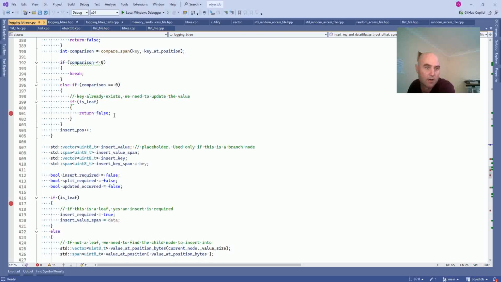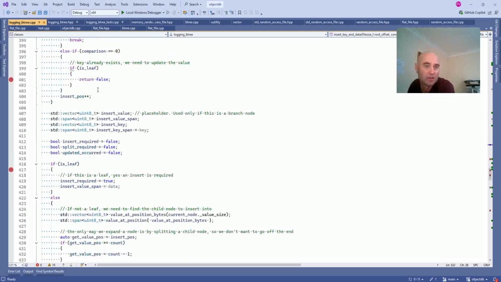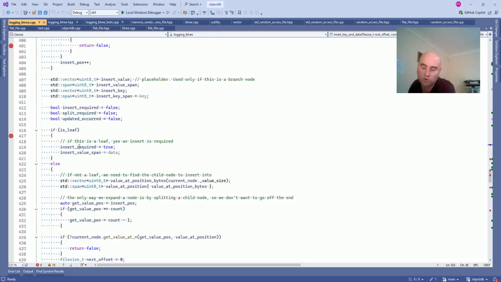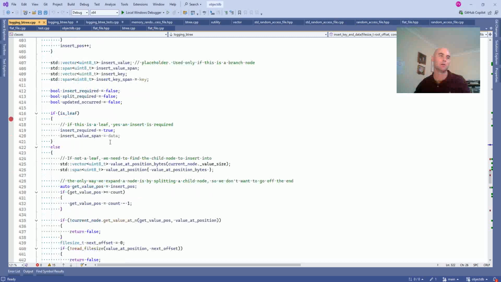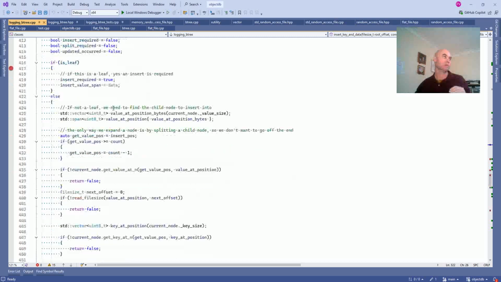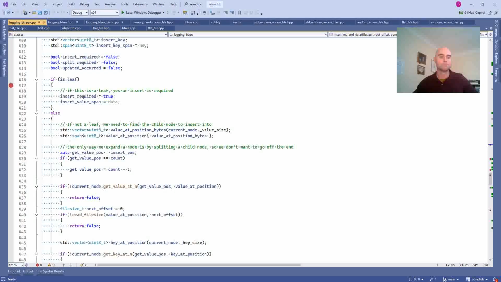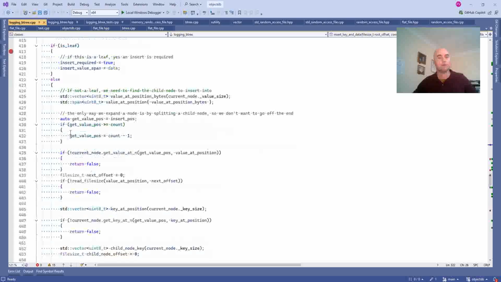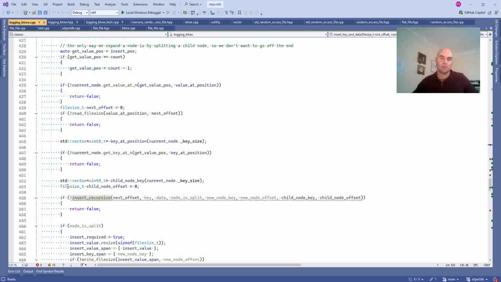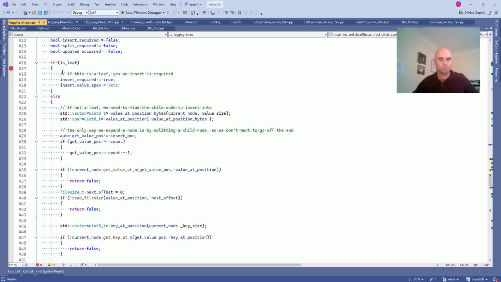I'm trying to decide what to do with inserts and updates, but at the moment it has to be a pure insert, and if it finds the key, that's a problem. So it hasn't found the key and it needs to insert one, or it's a branch, and if it's found the key or it's found a space where the key should be, then it's going to recurse down to the next node